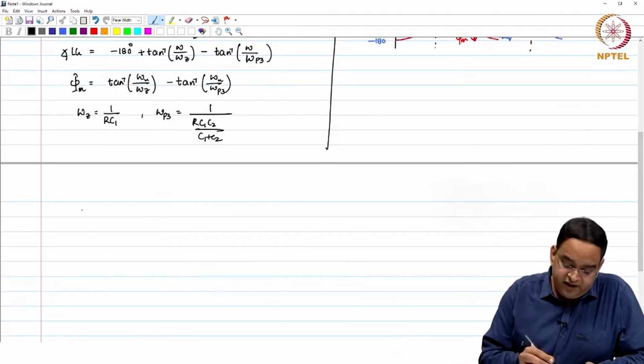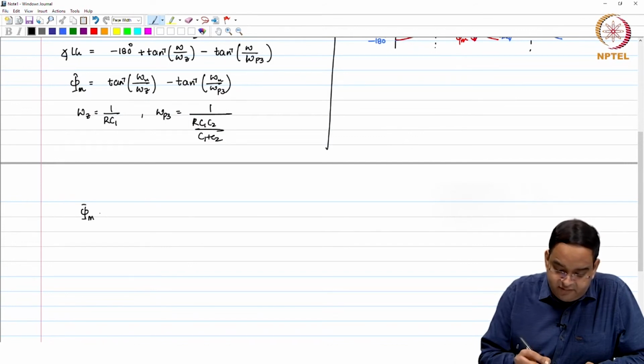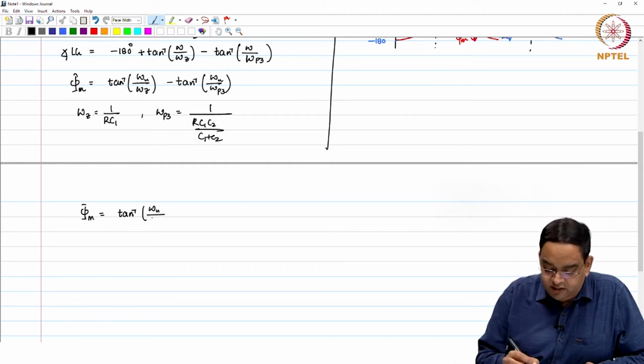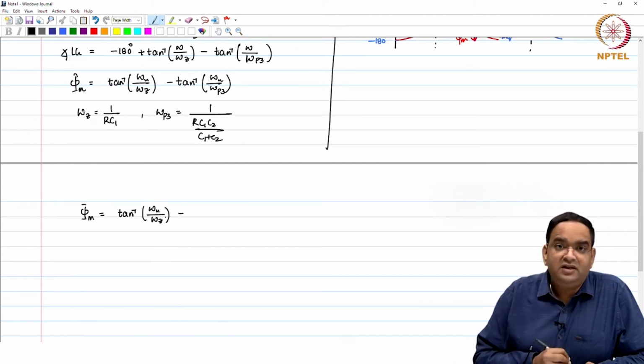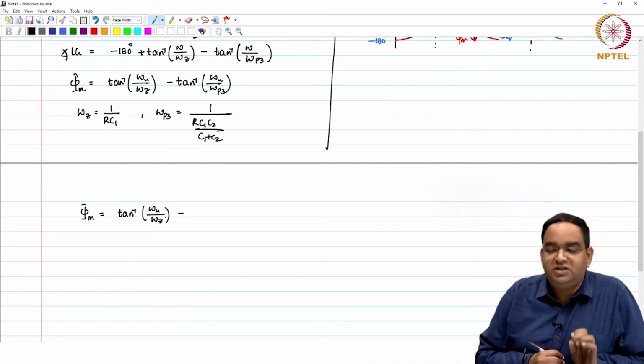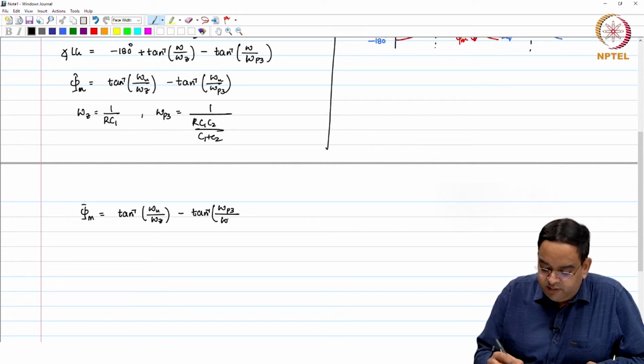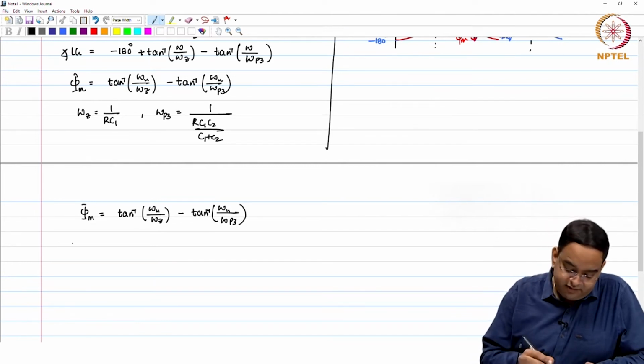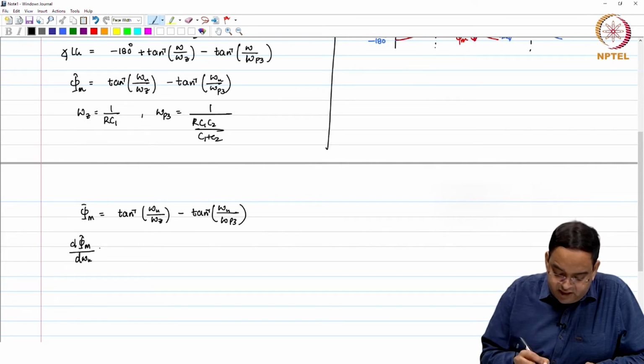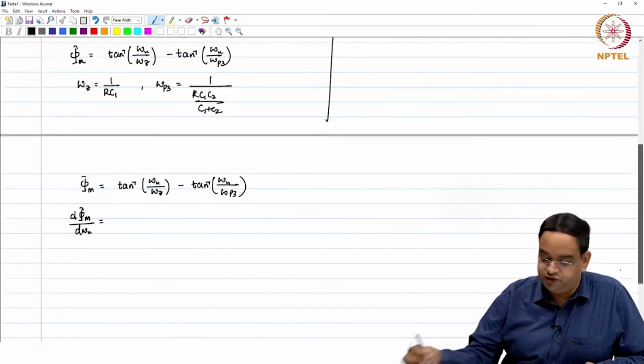Okay. So, if I make my phase margin maximally flat near the unity gain frequency, then the variation in the phase margin with respect to the unity gain frequency will be much lesser around the unity gain frequency. So, what I am going to do is take the derivative of the phase margin with respect to unity gain frequency and make this derivative go to 0,